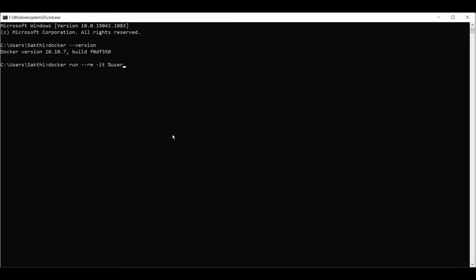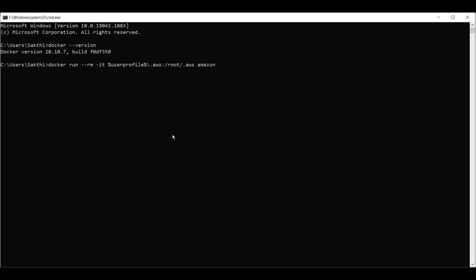And user profile is your home directory, and it is the path of the AWS credentials in your local directory. So I will try to mount it in the container. It's like sending secret credentials from your local machine to the container.